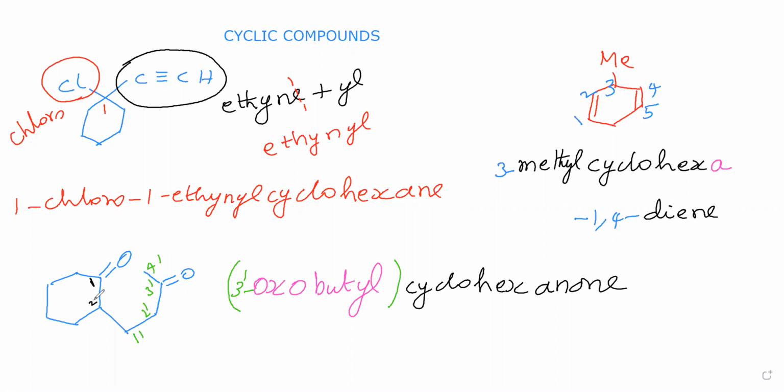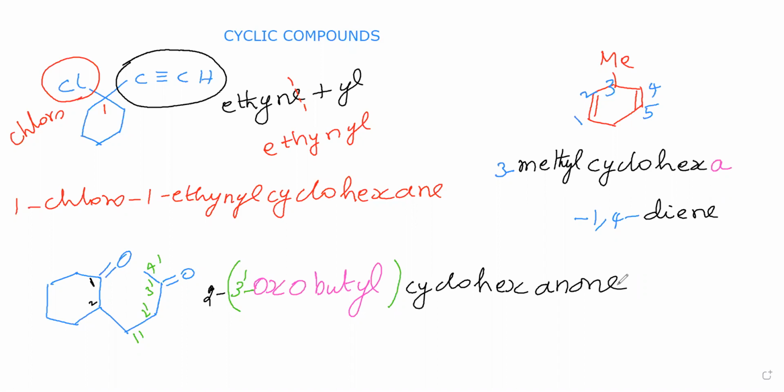Now you say the position of the branch. The position of the branch is 2. This branch is attached at the second carbon of this parent, therefore you write 2 here. Ketone position we need not say, because the ketonic carbon we have given number 1. That means the ketonic carbon position is 1. But for open chain compounds, for ketone we cannot give number 1 to the ketonic carbon.